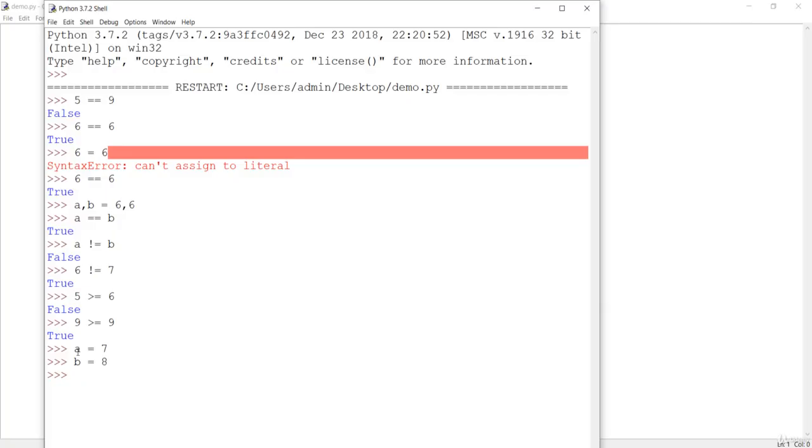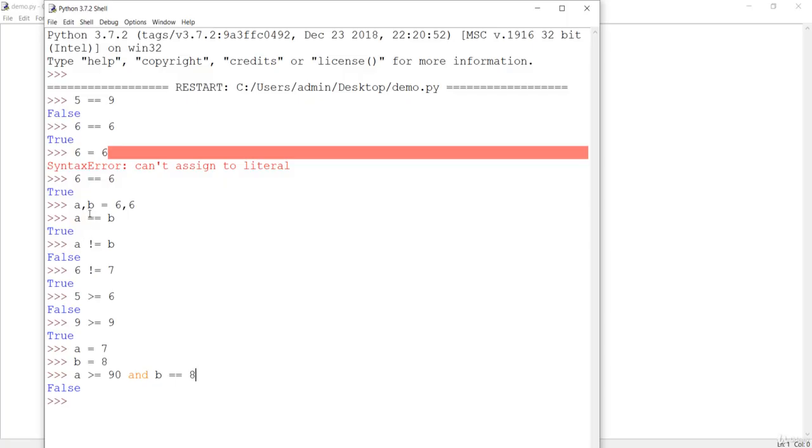So I'm just saying that A is equal or greater than 90, and B equal 8. So it is false. If you see here, we have given two conditions. First, let's see this one. It is saying B is equal 8. Here the B value is 8, and 8 is equal to 8.